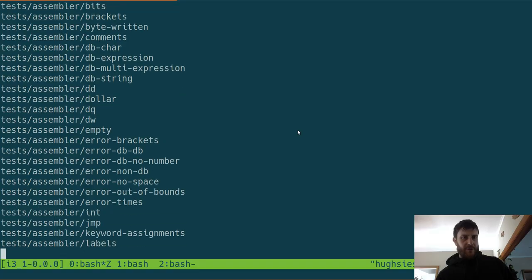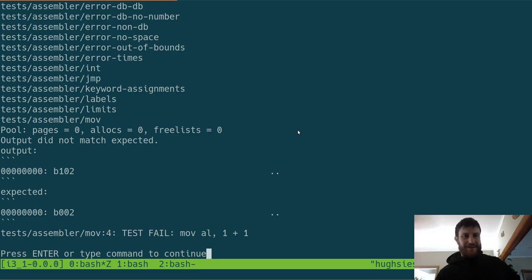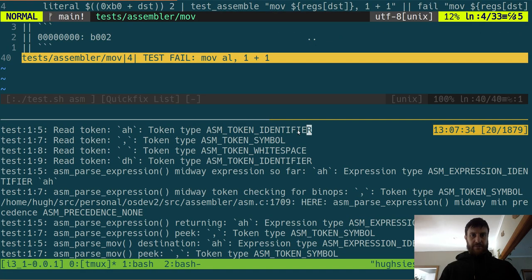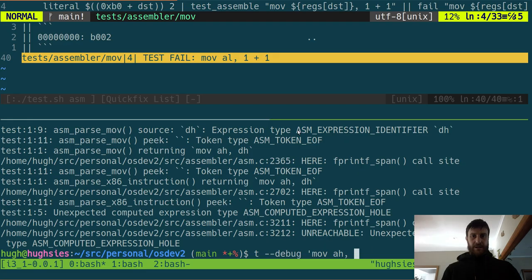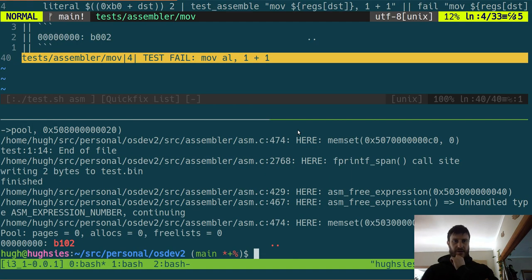But yeah, we should fail on the mov still. I haven't done anything to fix it. We get a different fail on the mov now. So this is still in that kind of first little thing. We didn't get the expected output. So does it give us what it is? It did. So it's AL 1. So if we do this,